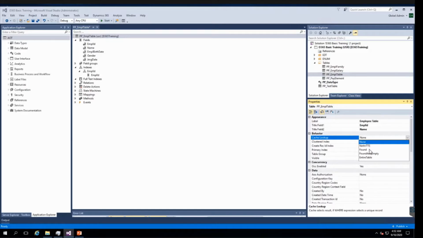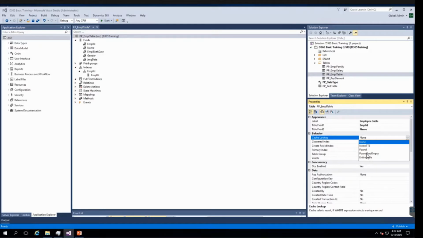Then we have found also. Found we use for those tables where values never get changed, generally static tables, like we have the unit table. All caching key selects are returned from the cache if the record exists there. So if the record exists, we will get it from the cache. And another is found and empty. This is where we will get a result even if the record does not exist there.